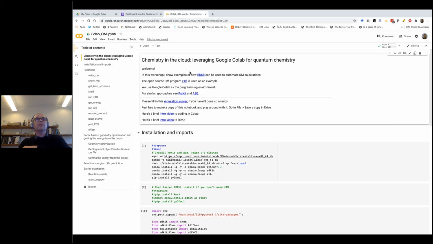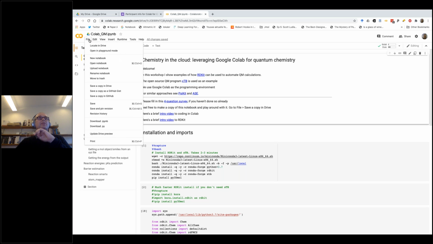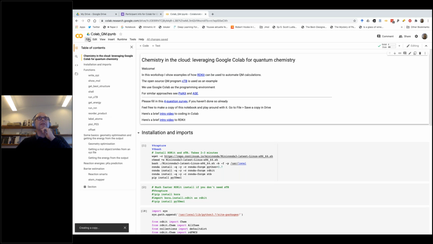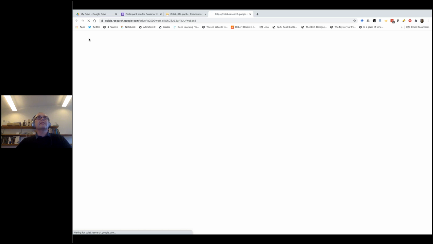I will live code in this notebook, so you have the link to this notebook now. You can always come back, and the code I'm writing will appear there. But if you do want to follow along, you can't write in this notebook because I haven't given you permission. So what you have to do if you want to follow along is go to File and Save a Copy in Drive, and it'll then open up